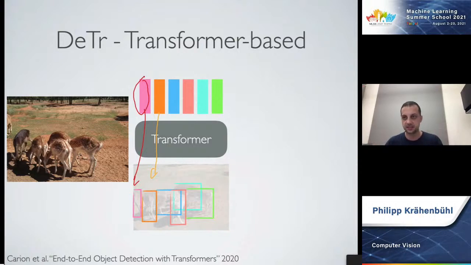There have been various variations of this. The original form was really just a transformer. There are ways to combine them more and more with convolutional networks. And it's still not clear if point-based representations or transformer-based representations are really the way out. What has become clear here is that anchor-based representations are most likely not the way forward.